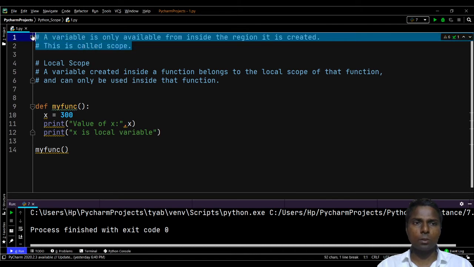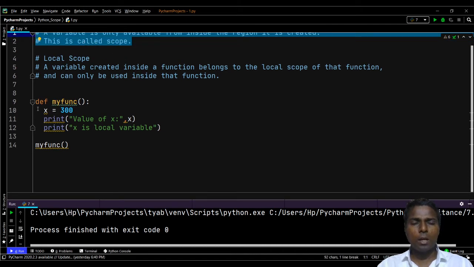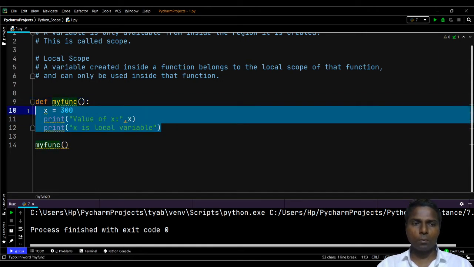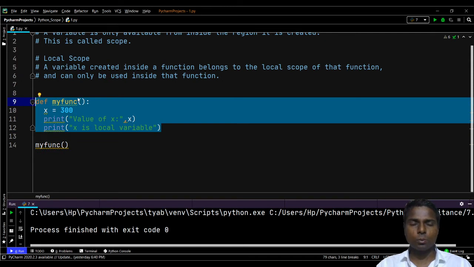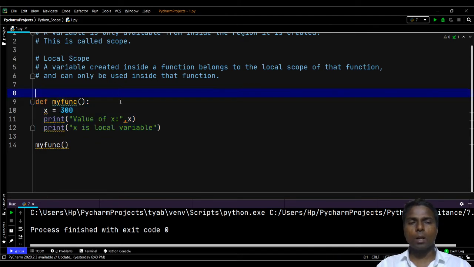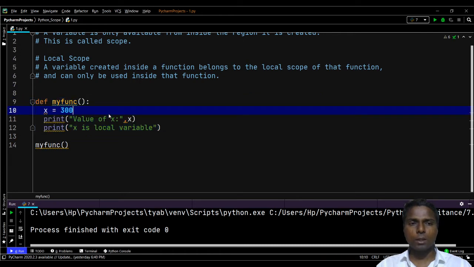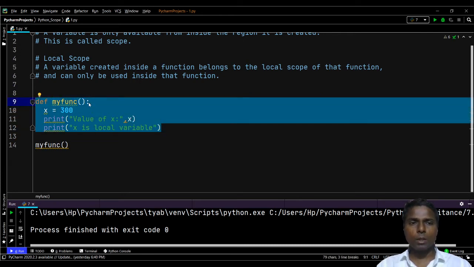For example, let's understand the first two statements. Def is the keyword with which we are defining our myfunc function. So myfunc is our function. Here we are not using any class, any kind of child class or parent class. So I have used a simple function. So myfunc is the function or simple method in Python that we have defined.